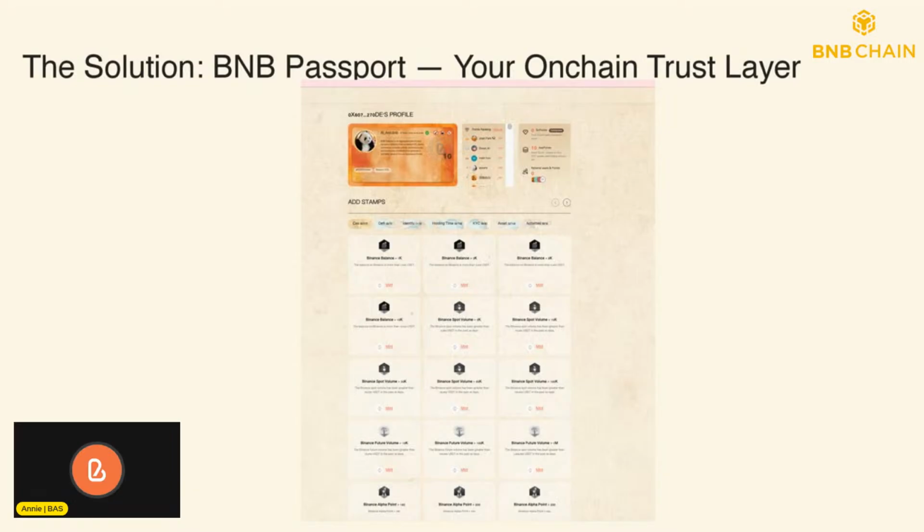We believe that in the AI-driven Web3 era, identity is not optional; it is basic infrastructure. Just like tokens need standards like ERC20 or BEP20, humans and agents need standardized, verifiable, and composable identity. That is why and how we are building.